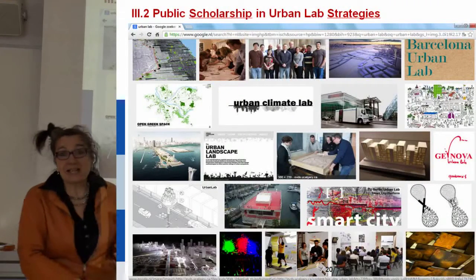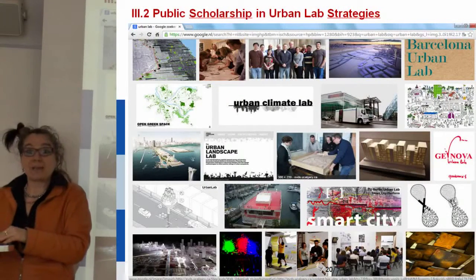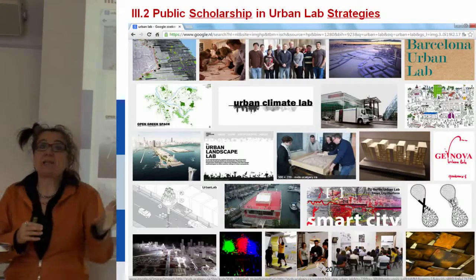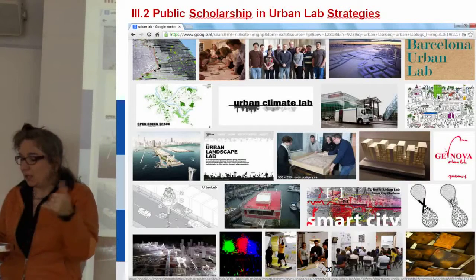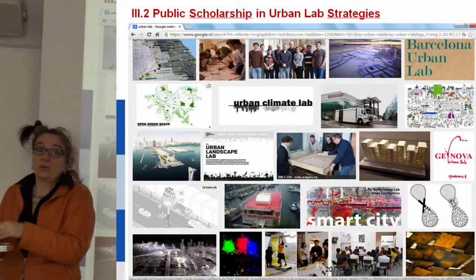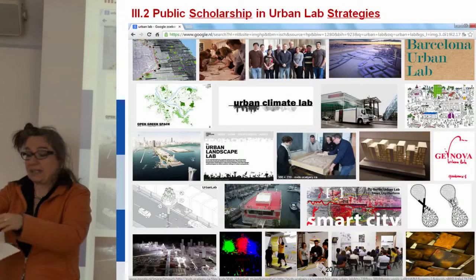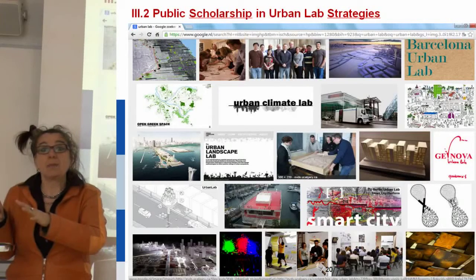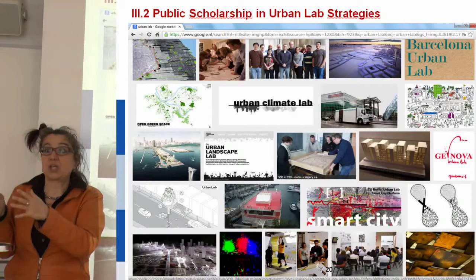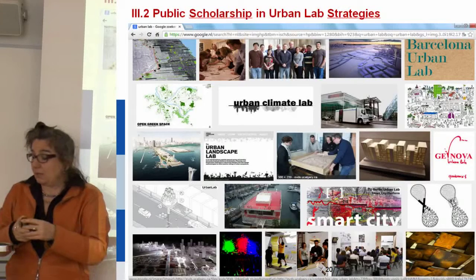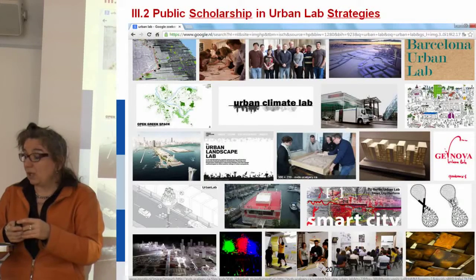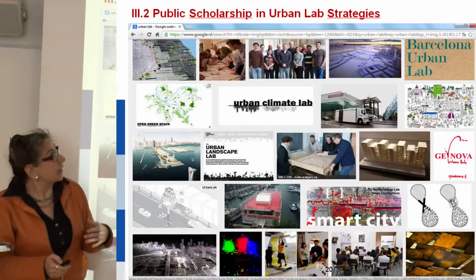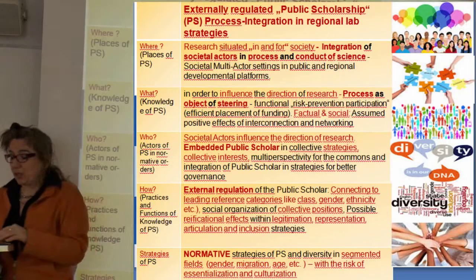Now, if we have a second look in public scholarship at urban lab strategies, which we will find in many different places and spaces of the world, the urban climate labs, or social innovation labs at the city level or regional developmental level, you will find quite a bit of this as well. It is always quite separated from technological development, because technological development is very much in the risk strategies, the technological paths which are decided upon, and here we are talking about social innovation and governance innovation strategies quite a bit